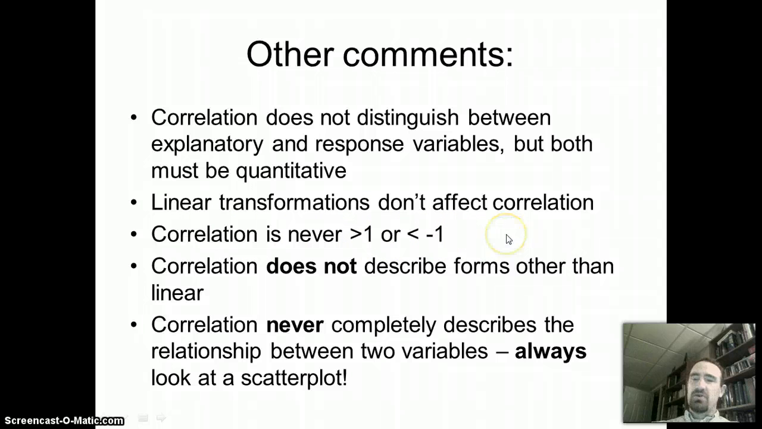So if you are calculating your correlation for a quiz or a test and you get something that's bigger than 1, that should be a red flag, and you should know, hey, something went wrong, I need to go double check. Correlation doesn't describe forms other than linear. We saw that. If it's a curved relationship, correlation is not a good measure to use. And it never completely describes a relationship. You never just want